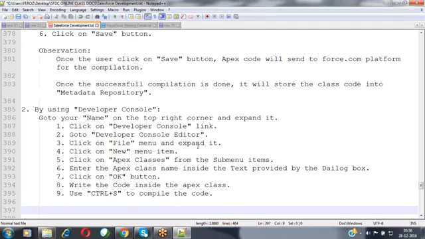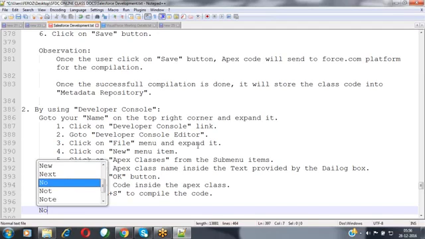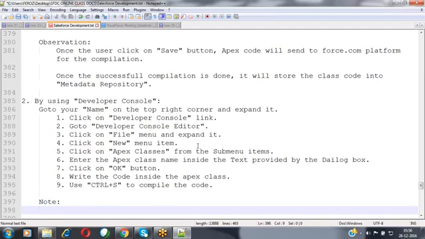If you want to save it explicitly, then we can use the shortcut called Control S. Now make a note of it here. This is an option available to you.